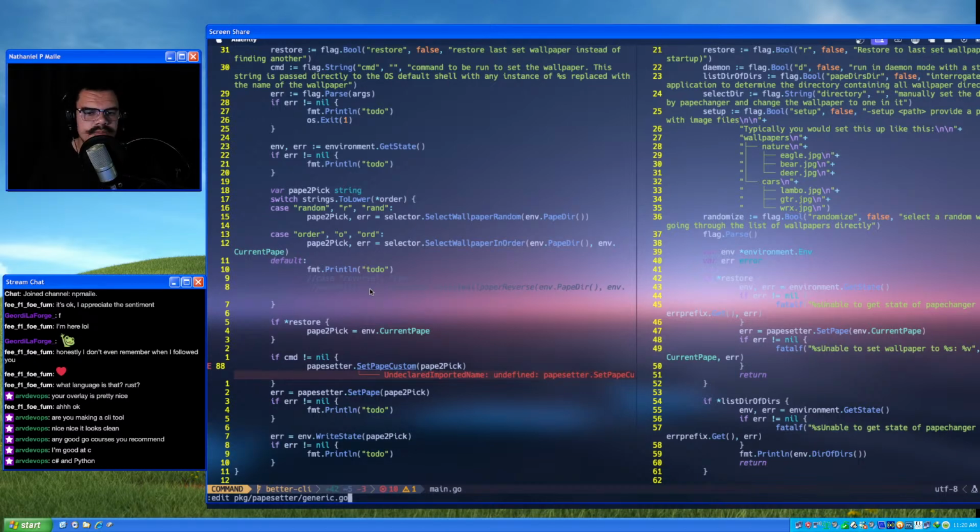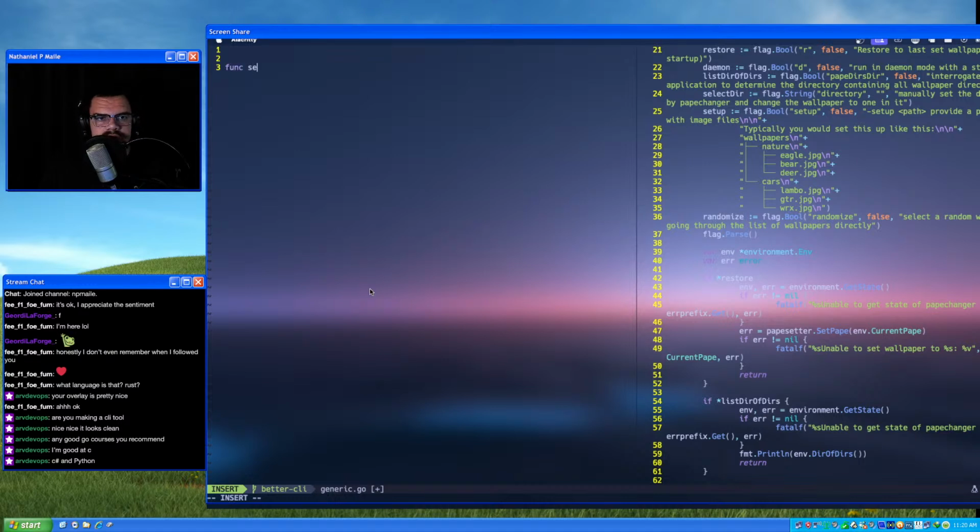That's where we'll define the set pape custom. Func set pape custom. And then this will take in a pape path, which is a string, and a command line, or command.